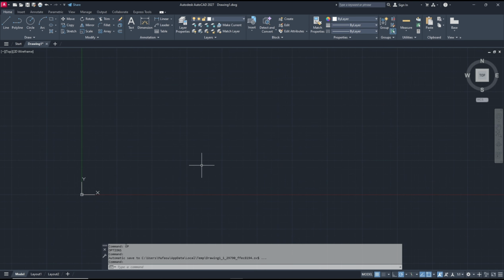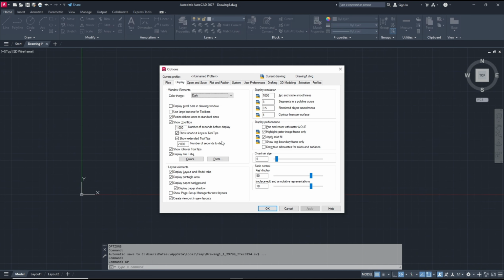Hello everyone, today we are going to learn basic AutoCAD 2027 how to change background color. So if you want to change background color, you can type OP to open options dialog box and then go